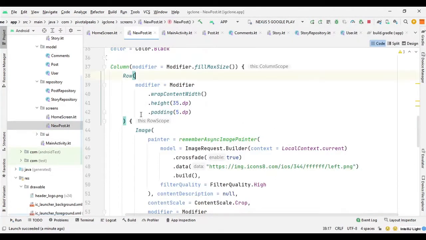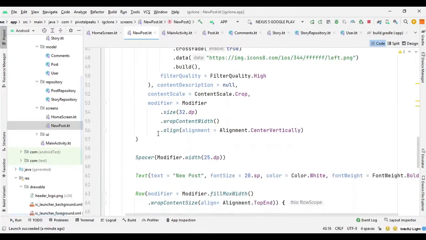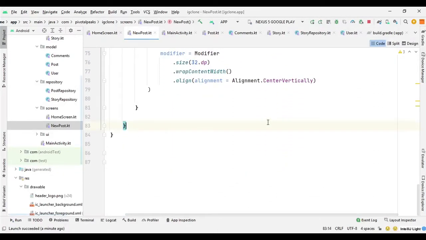So let's work on this new post component. After this row, because we are done with this first row, we need to work on another row where we can put the image and the text field to place the URL for the image.